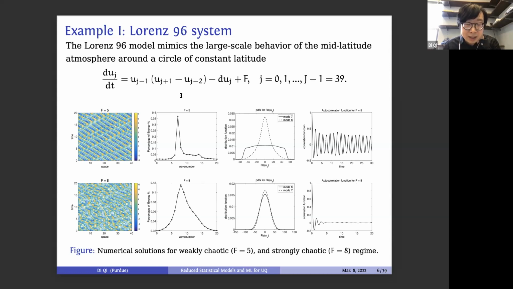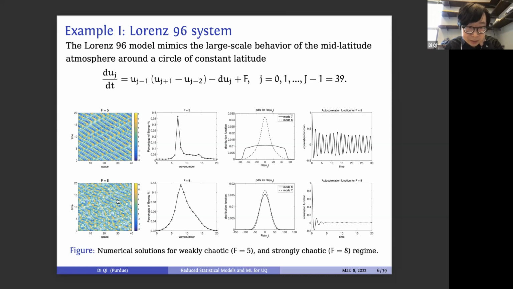On the other hand, this model has the skill to generate quite different dynamical regimes by only changing the model parameters. In this example, we just alter the value of forcing F, and we see in the first line and the second line quite different statistical solutions. The first one is just the time series in space and time. We see with a relatively smaller forcing, it gives regular waves, and when we increase the value of F, it